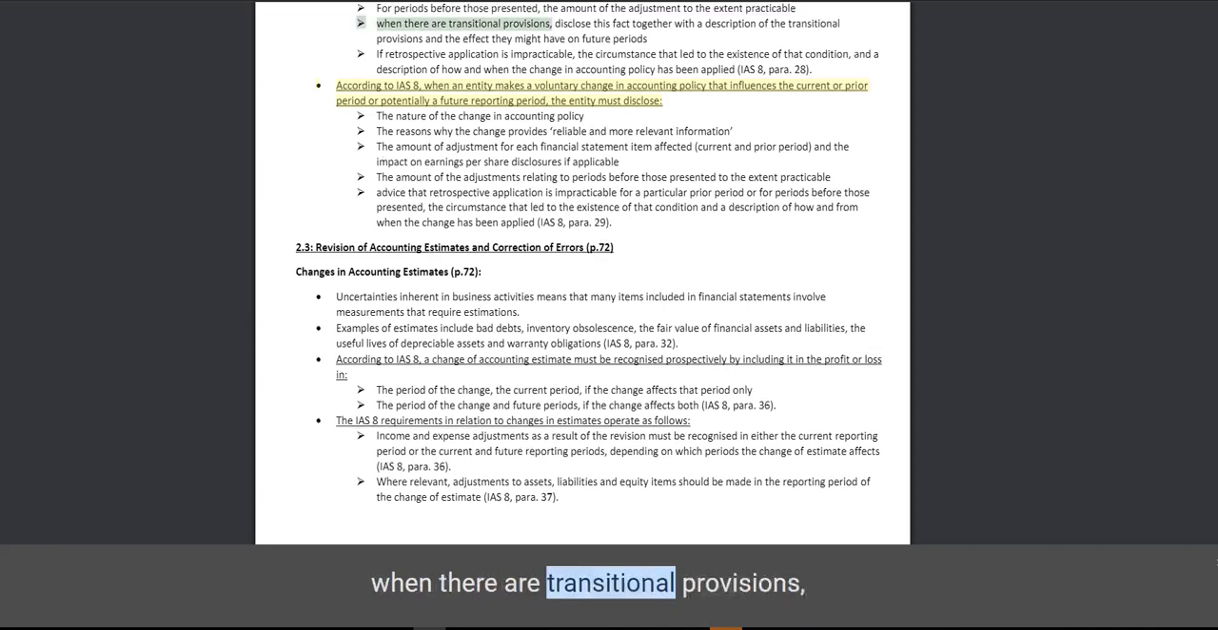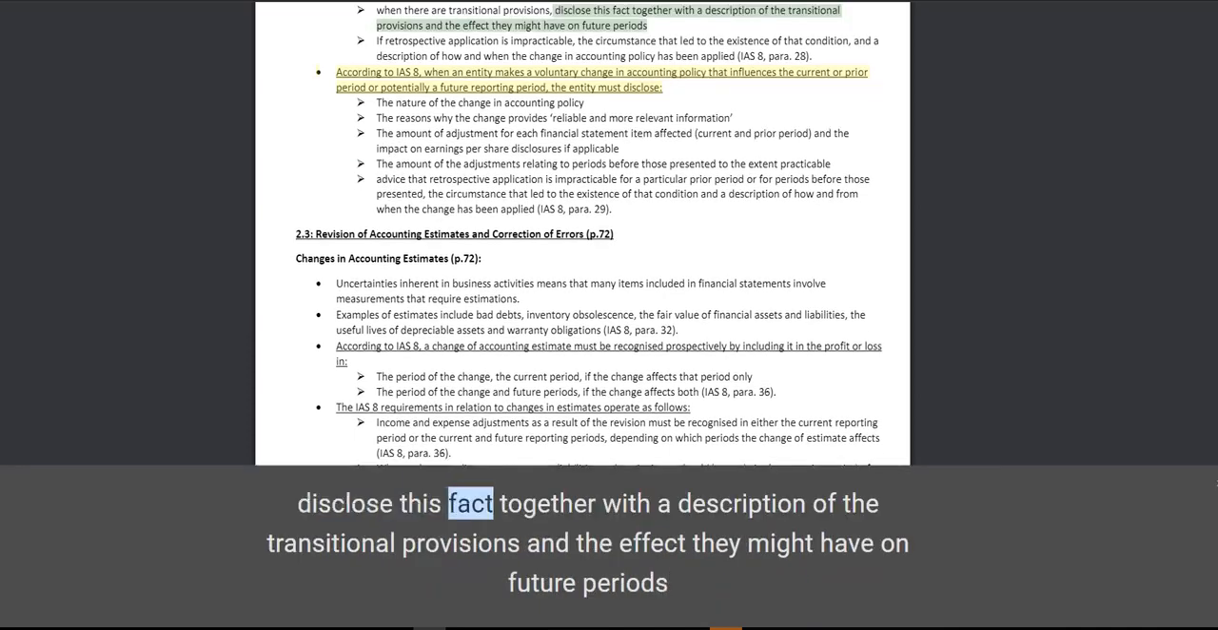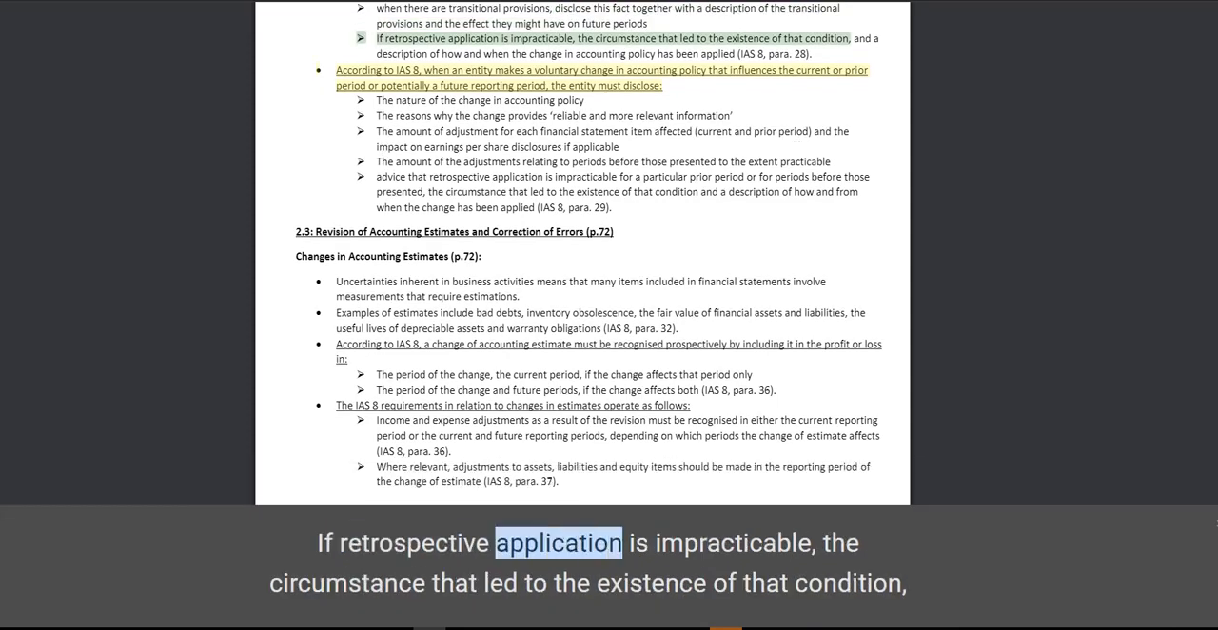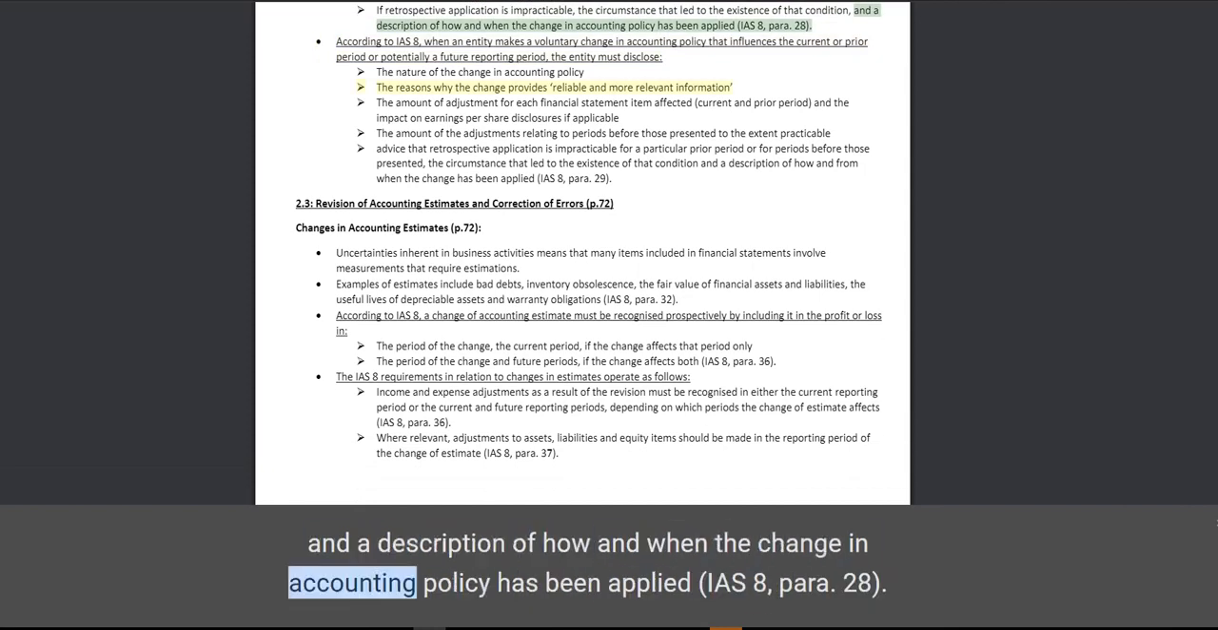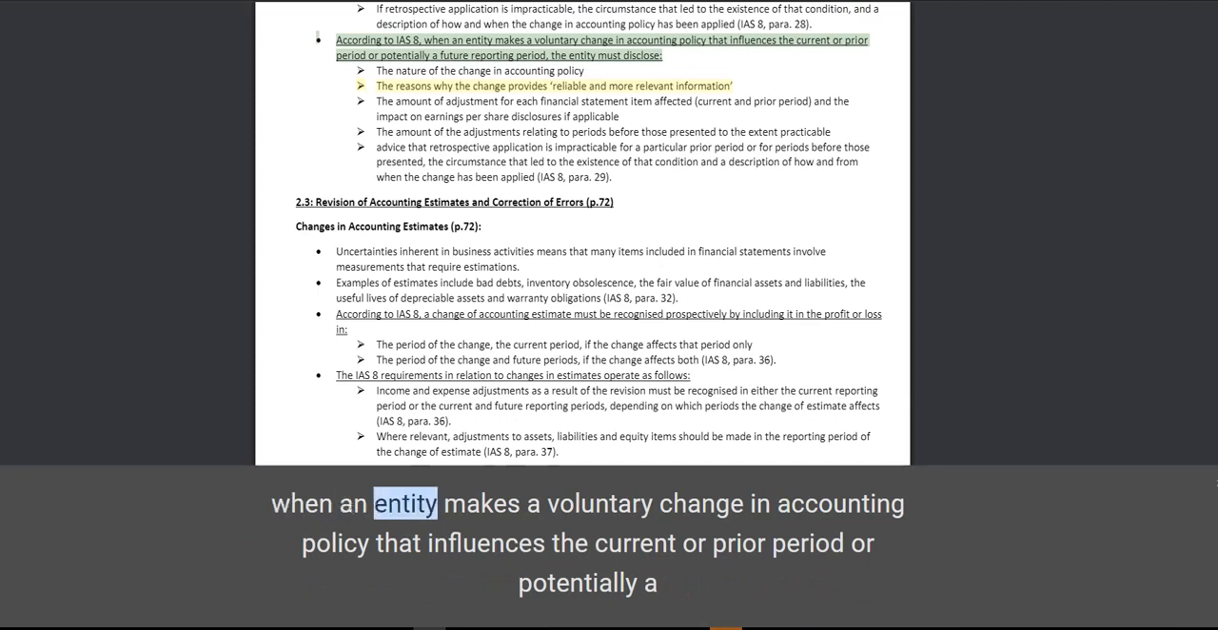For periods before those presented, the amount of the adjustment to the extent practicable. When there are transitional provisions, disclose this fact together with a description of the transitional provisions and the effect they might have on future periods. If retrospective application is impracticable, the circumstance that led to the existence of that condition, and a description of how and when the change in accounting policy has been applied. IAS 8, para. 28. According to IAS 8, when an entity makes a voluntary change in accounting policy that influences